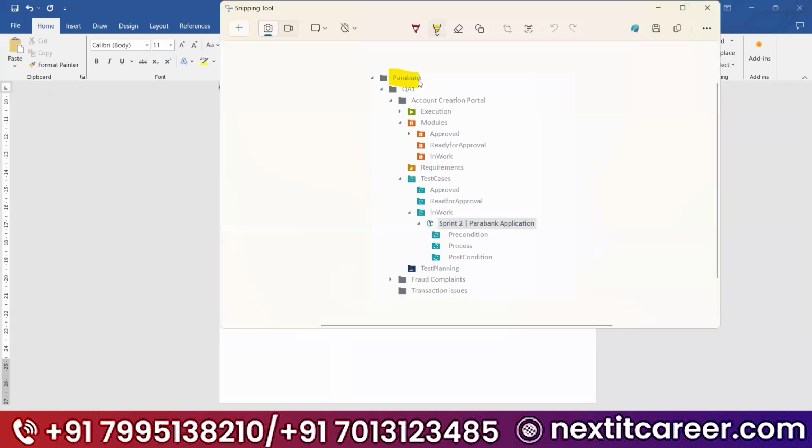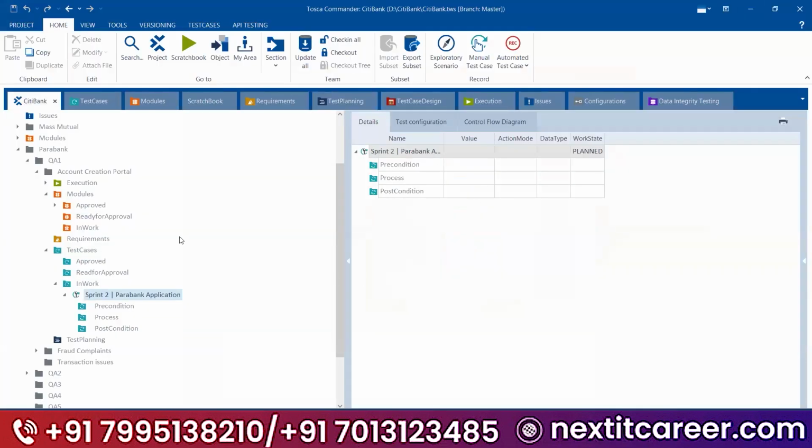See, you will have one component folder, your team and your application, your execution modules, the module structure, your requirement, test cases, and the test case structure, and test planning and other projects. You will have it like this. Okay. So this is the folder structure you will follow in your Tosca.